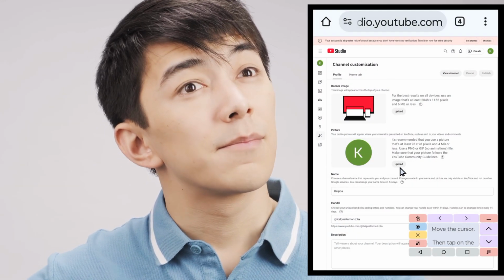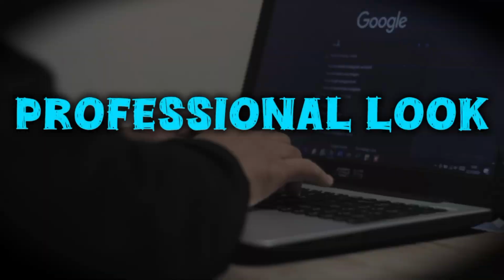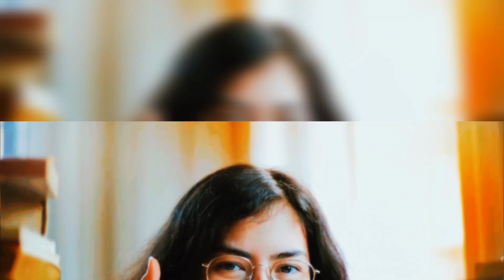Add back anytime. If you change your mind, you can come back to the branding tab and upload a new profile picture anytime. Professional look. If you are a creator, I still recommend using a clean profile picture or a logo for better branding. Removing it is fine if you want privacy, but a professional photo always helps.